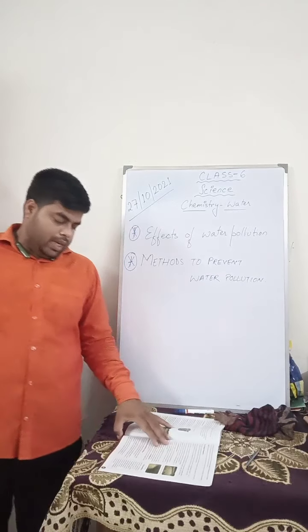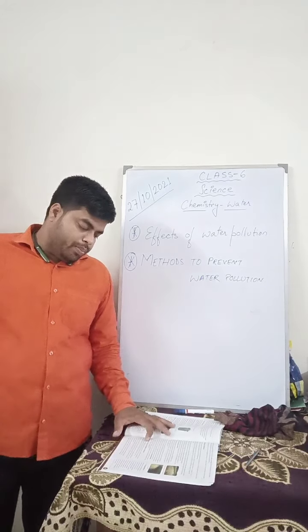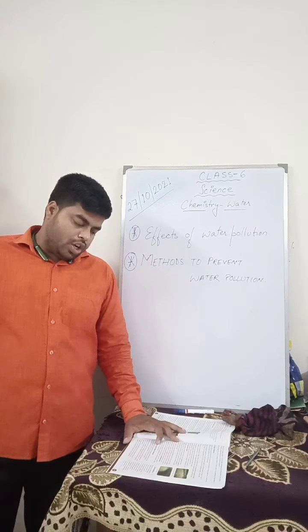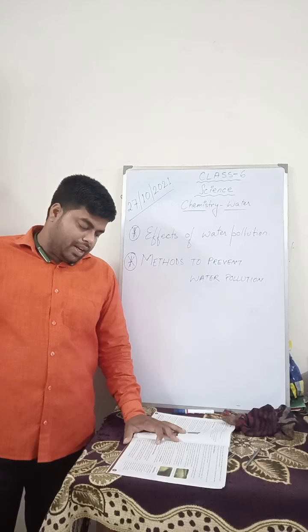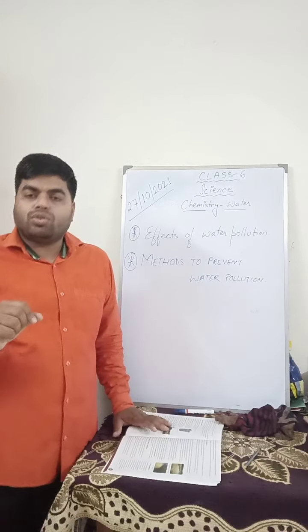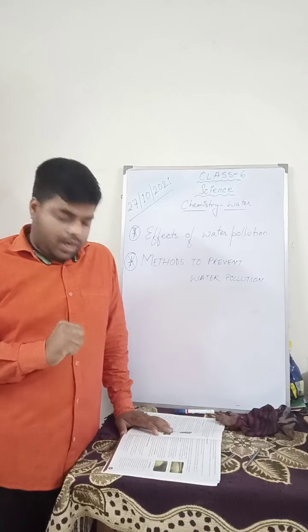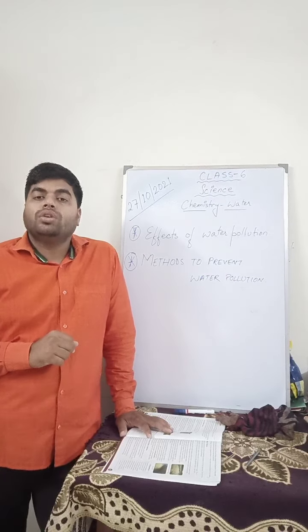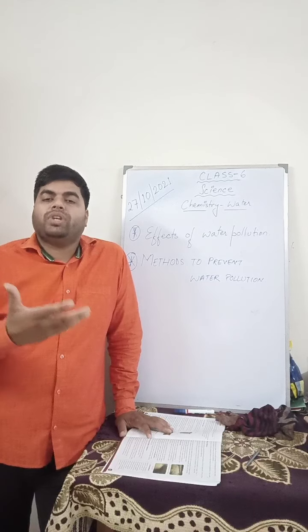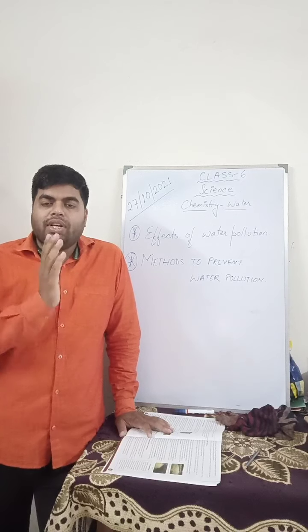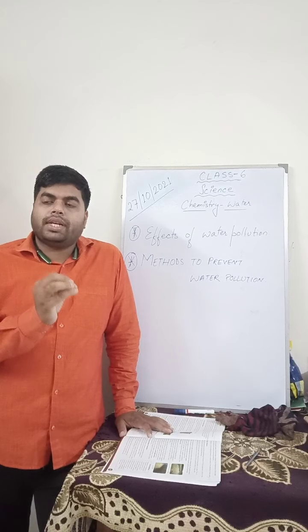So what are the methods? The first one is that the government should impose strict laws against disposal of waste or sewage by industries, hospitals, markets, etc., which can help minimize water pollution. Fines should be levied on lawbreakers. That is, the government should impose a law on those who dispose of waste material anywhere, leading to water pollution. If there is proper disposal, the government should say that it's fine.